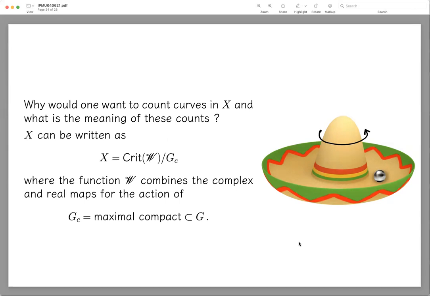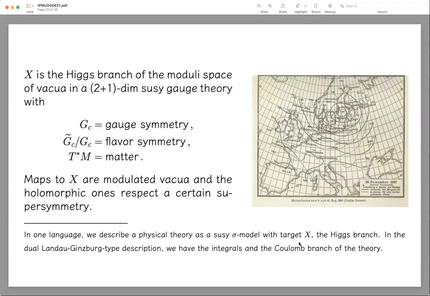I apologize to people well versed in theoretical physics for this 25 cents worth of explanation of why it is important and interesting to do this sort of thing. One reason to think about it is that this X can be written as a critical locus of some function that combines both the real and complex moment map, divided by the compact subgroup in the group G_C. So this is the H group, and you can interpret this as the Higgs branch of